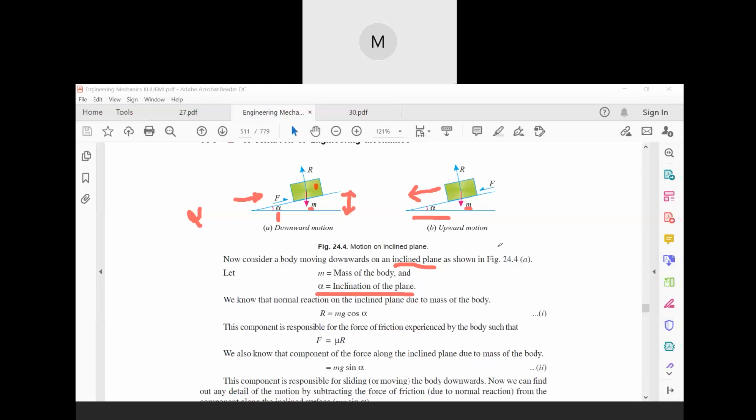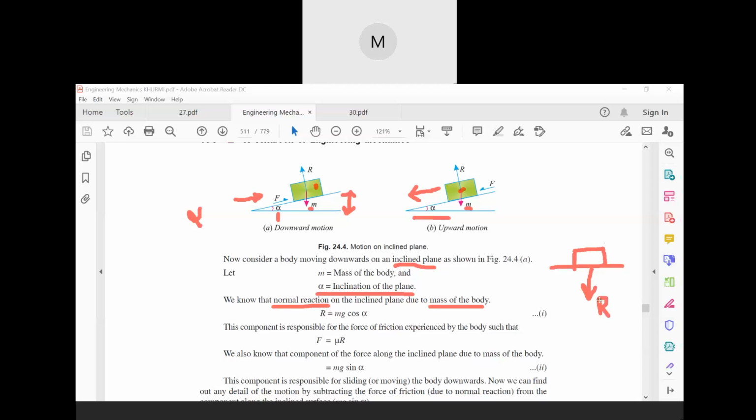Now, first of all, look, the body has a center of gravity acting at its centroid. So if it is acting at its centroid, then there will be one normal reaction, and it is due to the mass of the body. We all know what mass is. So if the normal reaction is due to the mass of the body, suppose the body is like this on a flat plane, then also the normal reaction is